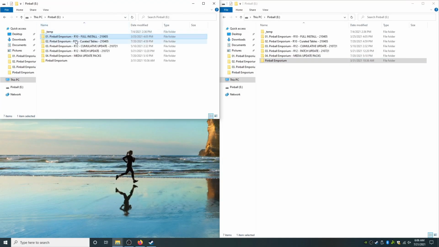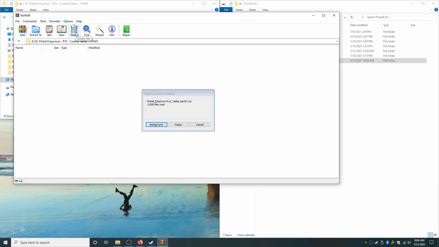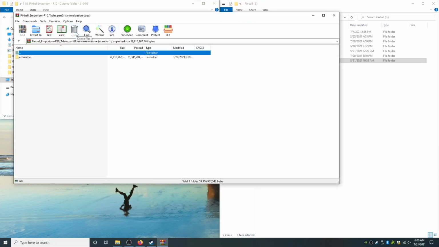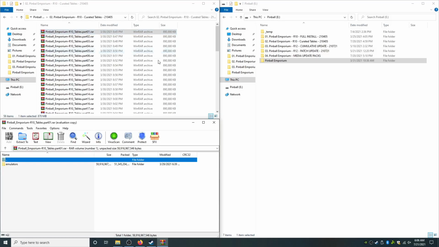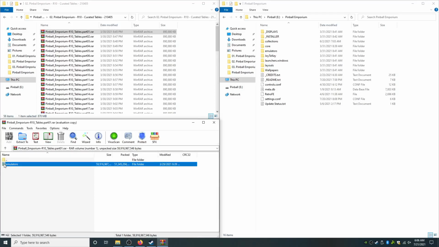After that, if you so choose, go to the curated tables. We're going to just open up part 1, never open up any of the other parts. And from here, we're going to open up our Pinball Emporium folder. And in our emulators folder, we're going to make sure we drag this to an empty spot. We do not want to accidentally drag it onto the existing emulators folder. I use WinRAR, just drag it into an empty spot and let go and let that do its install. Once that's complete,